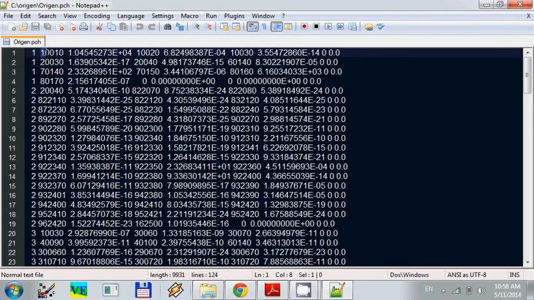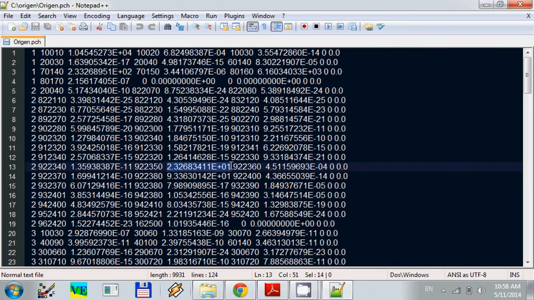The atomic number is 1, atomic weight is 1, and this is the amount in mole. For another nuclide, for example 92 for uranium, this is the atomic number. For uranium 235, we see right here, this is the uranium 235, and this is the amount of the uranium